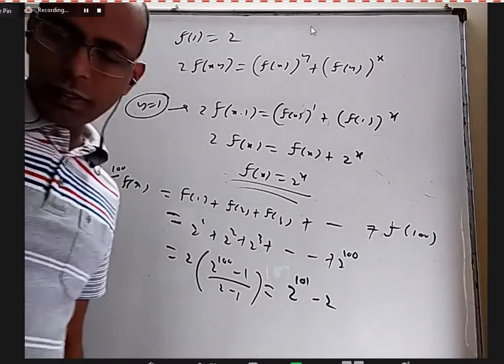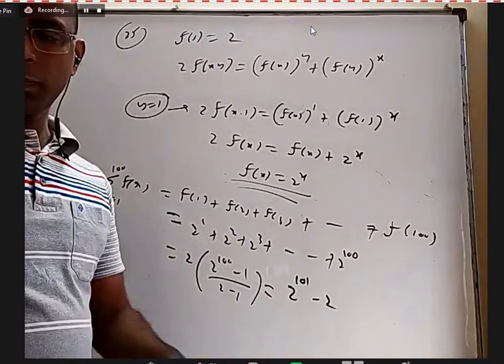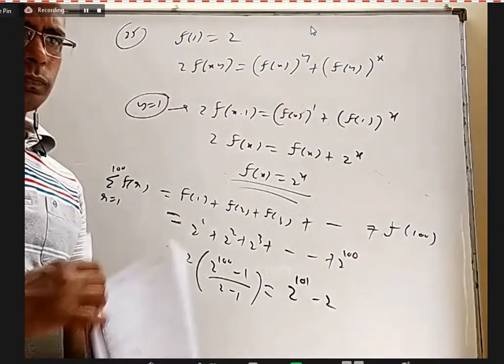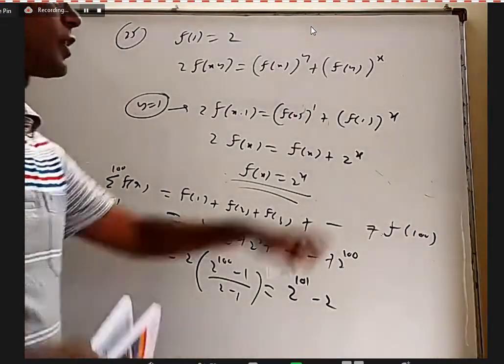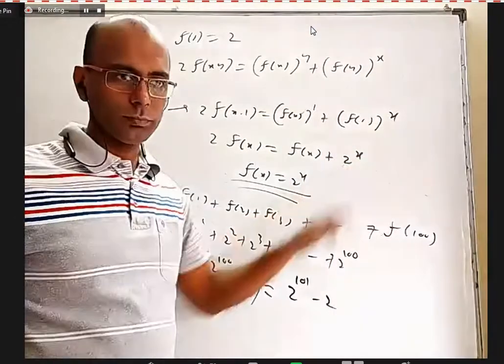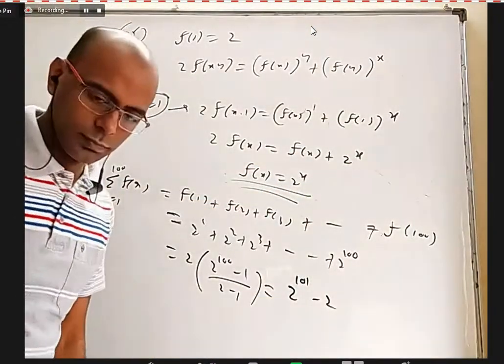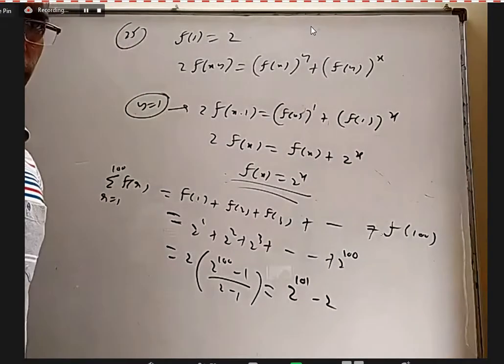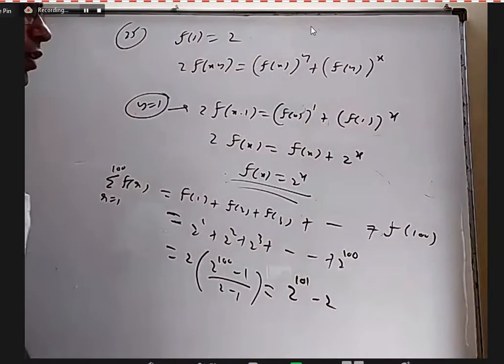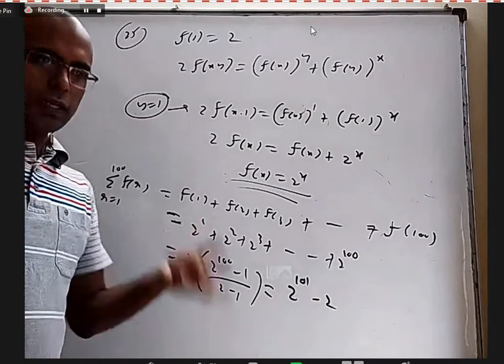Okay, anybody still any doubt regarding this question? Sir, f of 1 equal to 2, where did we use that, sir? Where did we use? From here to here. This is f of 1, I wrote. Oh, yes, sir. Sir, that y equal to 1, we just took like that, suppose, sir? Yeah, it's not that you have to do only this. You can try different things.